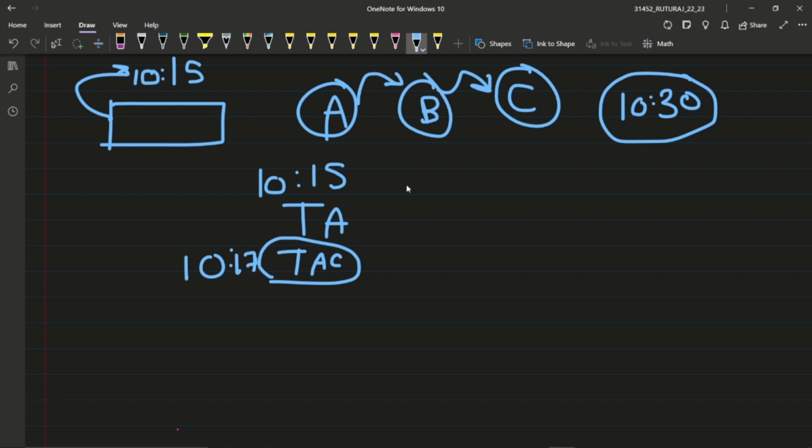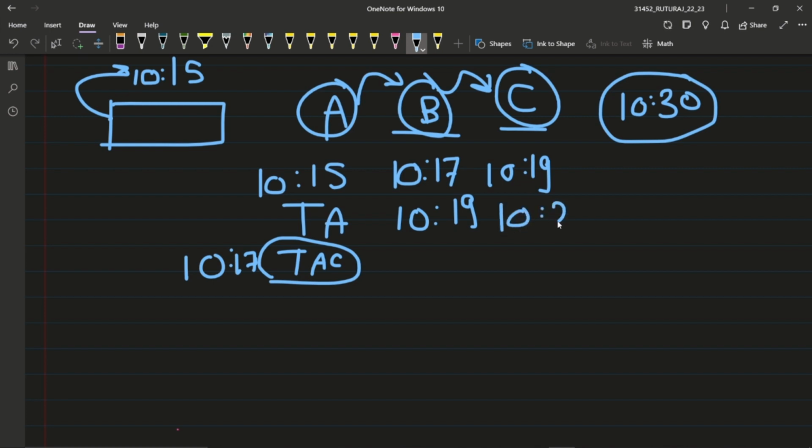Now this process can start at 10:17. This process started at 10:17. Suppose it ended at 10:19. It ran for 2 minutes, and 10:19 is the time when B is completed. Now B is completed, so C can run. C will start at 10:19, and suppose it ends at 10:20. So even if I had a wrong value of time, even if I had incorrect value of time, I can